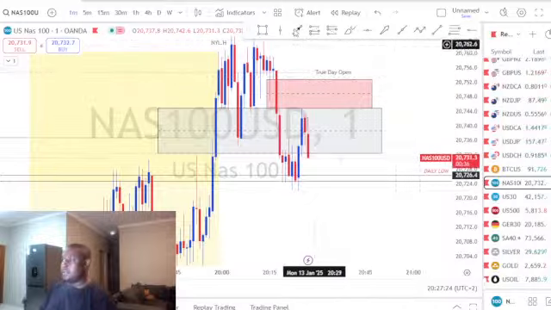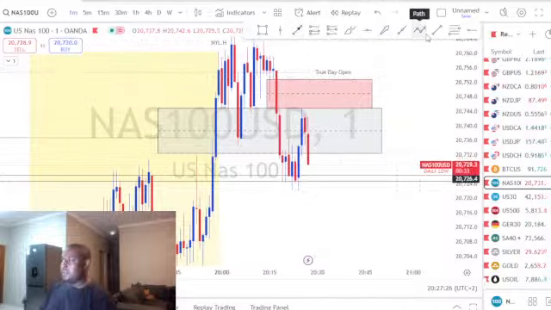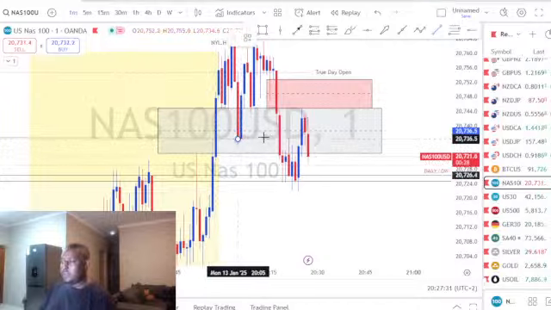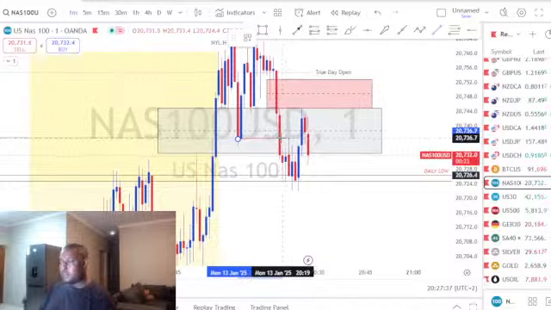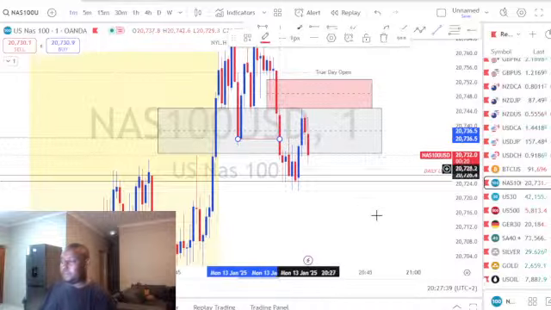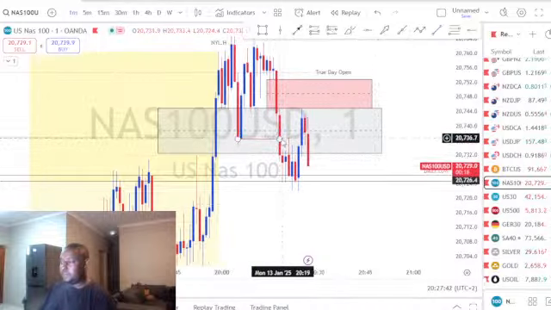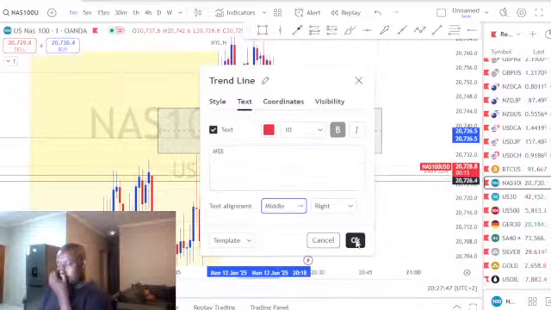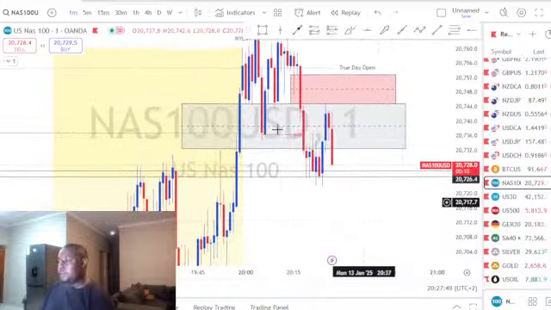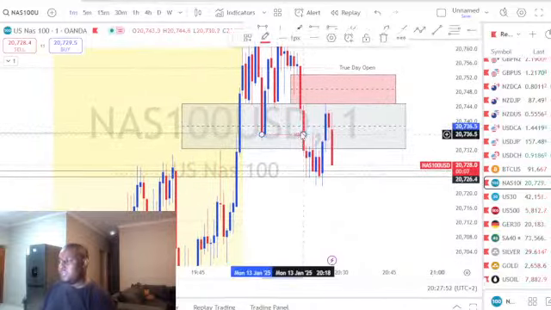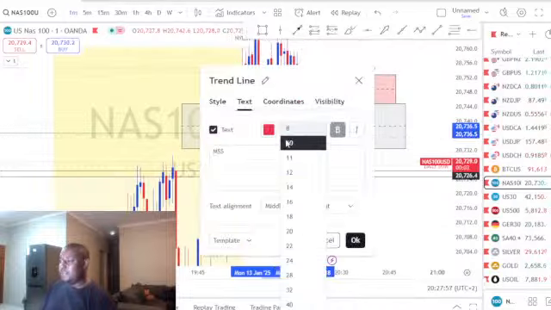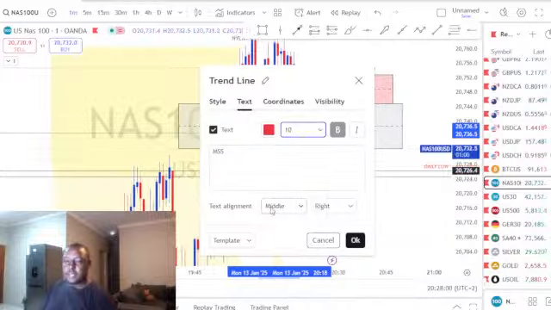Market structure shift. Interesting. So this could be the first entry, but I'm not happy with it. I said I'm bullish, but if anything changes, then I will definitely